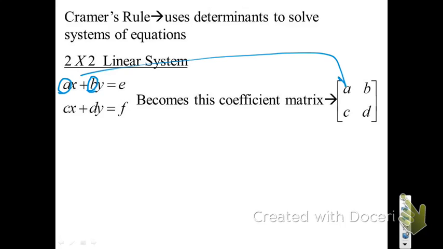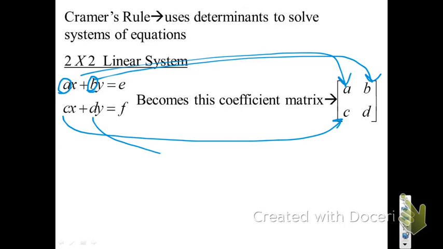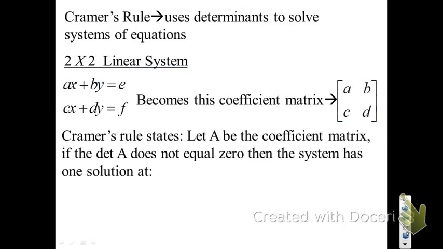And if you can see, that's the a there, the b here, the c here, and the d here. And then we're going to use this matrix quite a bit. The first, it says here, Cramer's rule states, let A be the coefficient matrix. If the determinant of A does not equal 0, and we'll revisit that concept in just a minute, then the system has one solution at